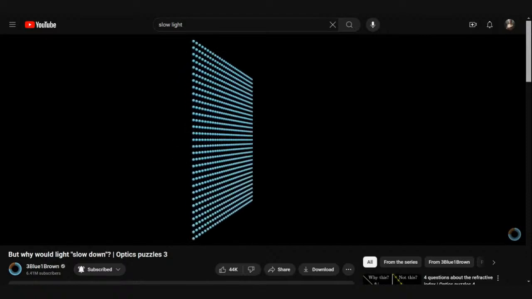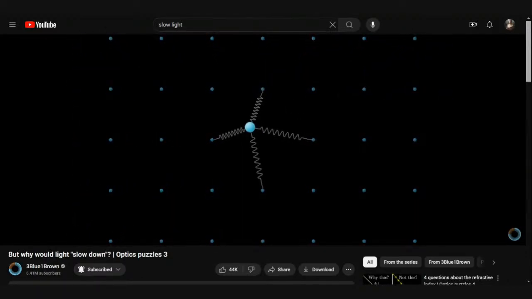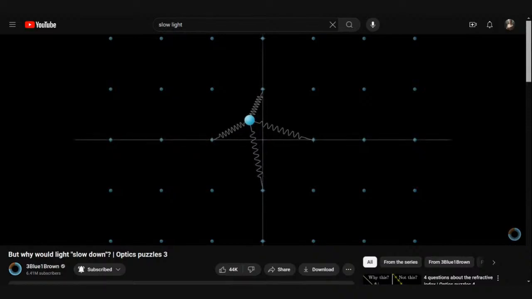So let's zoom in on that layer and think of each one of those charged particles, and even though the specific molecular structure is going to be something very complicated, we're going to model each one of those charges as if it was bound to some equilibrium position by a spring, or maybe a set of springs. I don't mean this literally, of course, I just mean if we describe the displacement of this charge from its